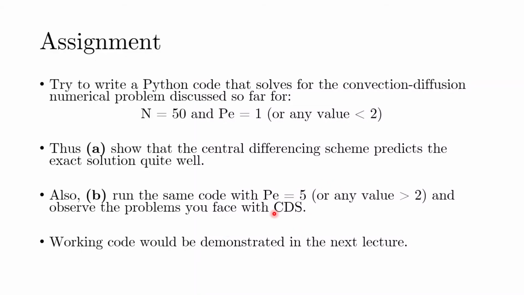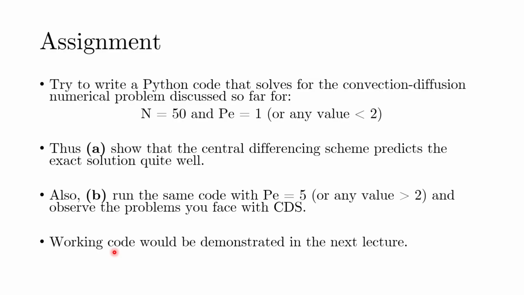In the next lecture, I would demonstrate the working code, in which you can also see where you were making mistakes, if any, and how various things are done in terms of plotting and so on. But there aren't many changes if you compare it with the diffusion problem, because we still have the same coefficients. The only inclusion is the u velocity, which I'm pretty sure most of you can take care of. So this is all for the lecture today.